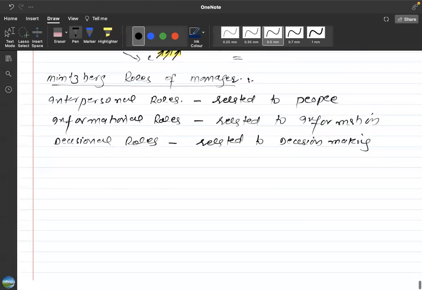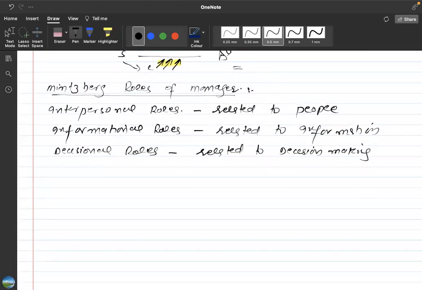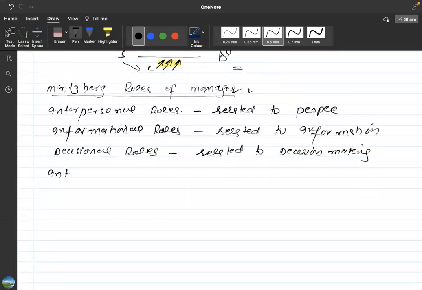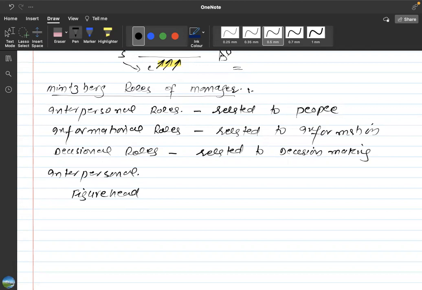First of all, let's talk about the interpersonal roles. There are three further interpersonal roles. One is called figurehead. Figurehead is a symbolic leader,